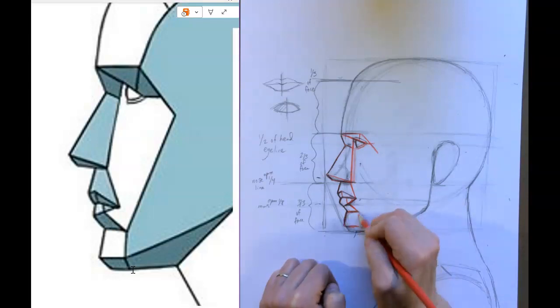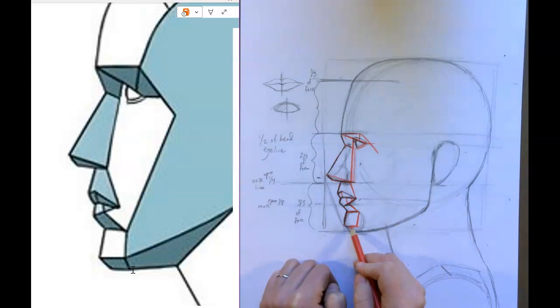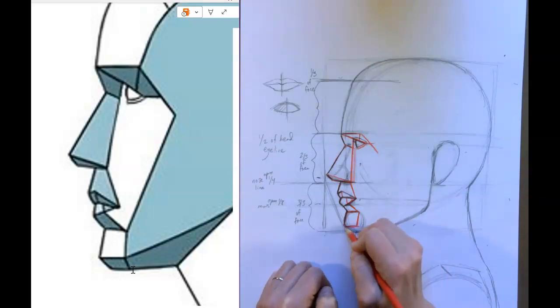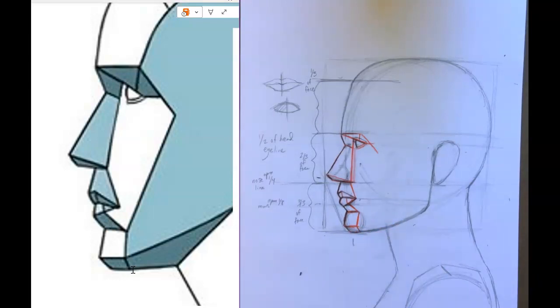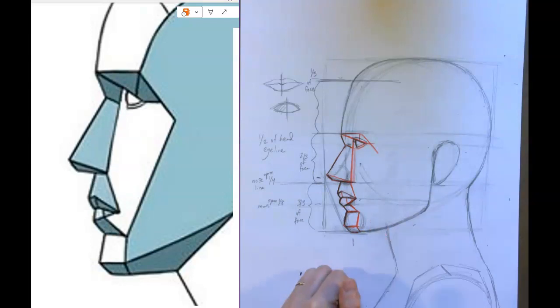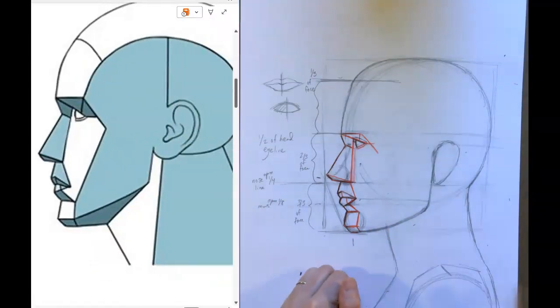So something like that, and then leaving this little space here. So angling back a little bit, and you can really see in the side view how the chin and the jaw kind of curve and angle back and under. So speaking of that, then from right here,